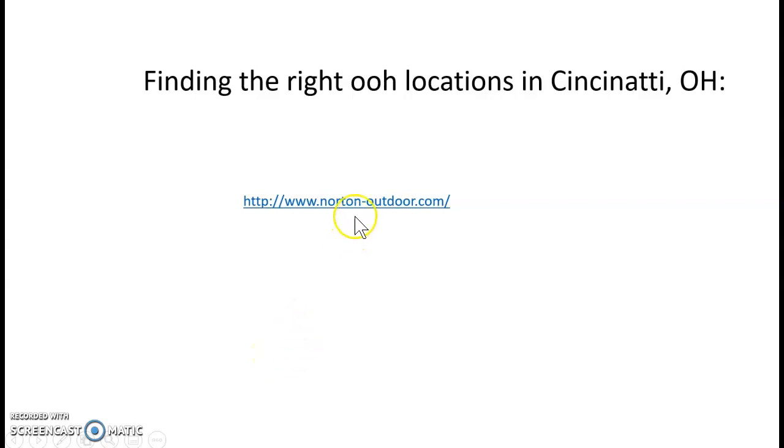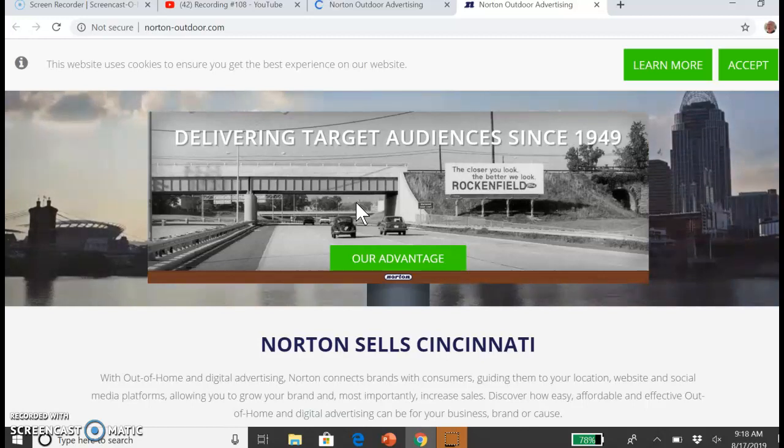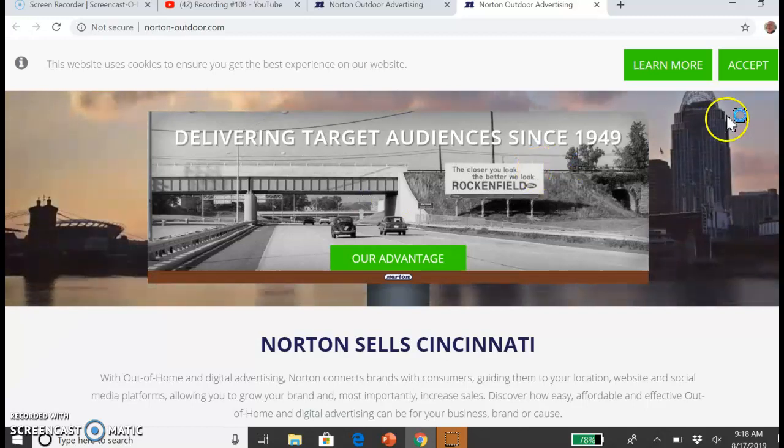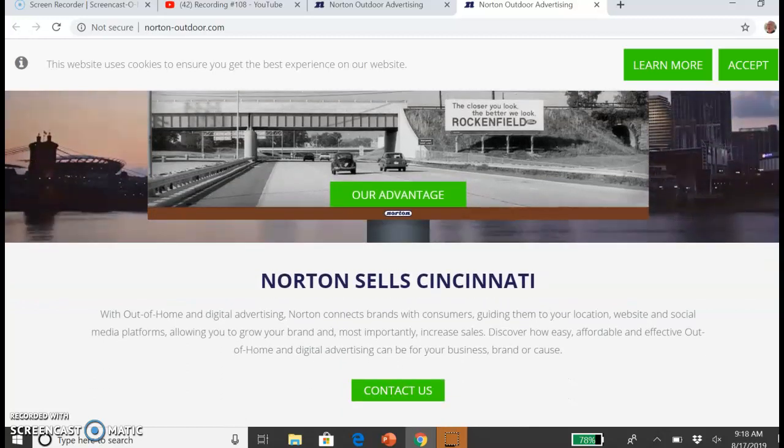Ohio. We're going to go to the website of one of the last independently owned out-of-home companies, because there's been a lot of consolidation in out-of-home, with a couple of big companies buying up all the little independent companies. So this is